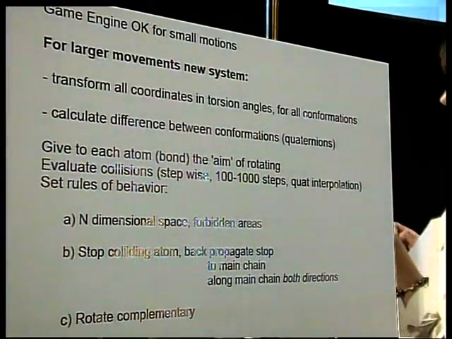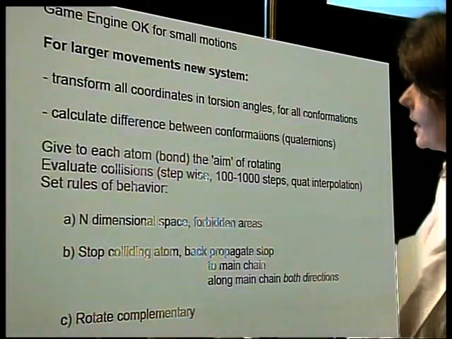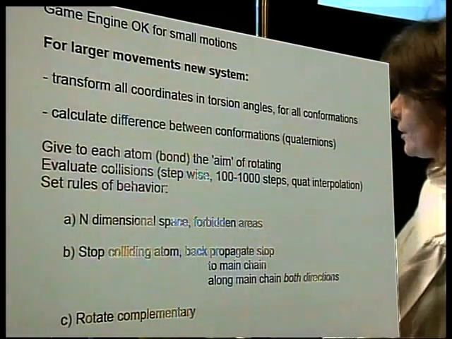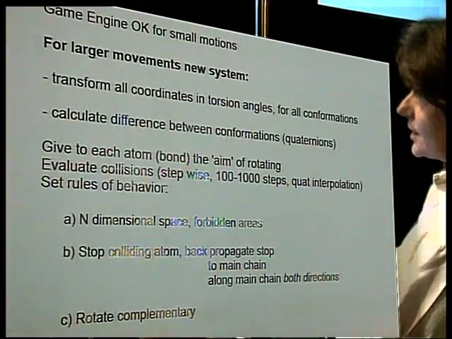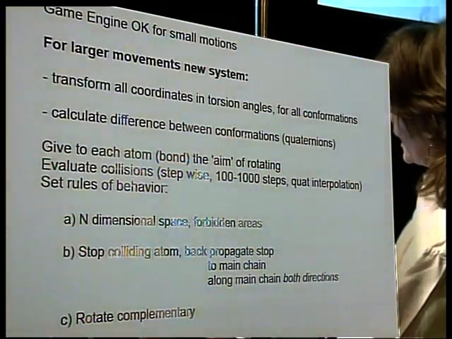Now, this is not a very difficult problem for 2- or 3-dimensional space, but here we have an n-dimensional space where n is the number of atoms, which goes to the many thousands. So it could be quite difficult.